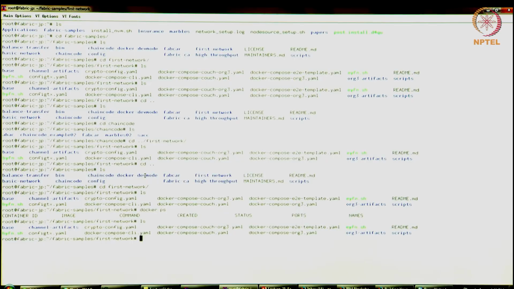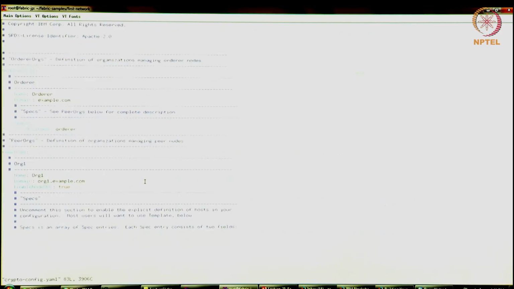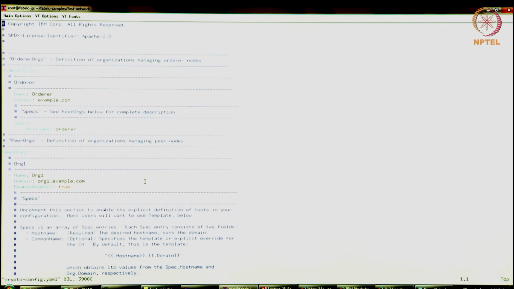As a next step, I'll first show you what the network is that we're going to build. We're going to configure this in a file called crypto-config.yaml. This is a file in your folder, and we're going to open that file. Let's look at what this network is. It's basically a specification of the network itself as a YAML file, and we're going to be using this specification in some of the scripts that we have to set up a network. What does this have? This has the orderer organizations. There's a name of the organization called Orderer.